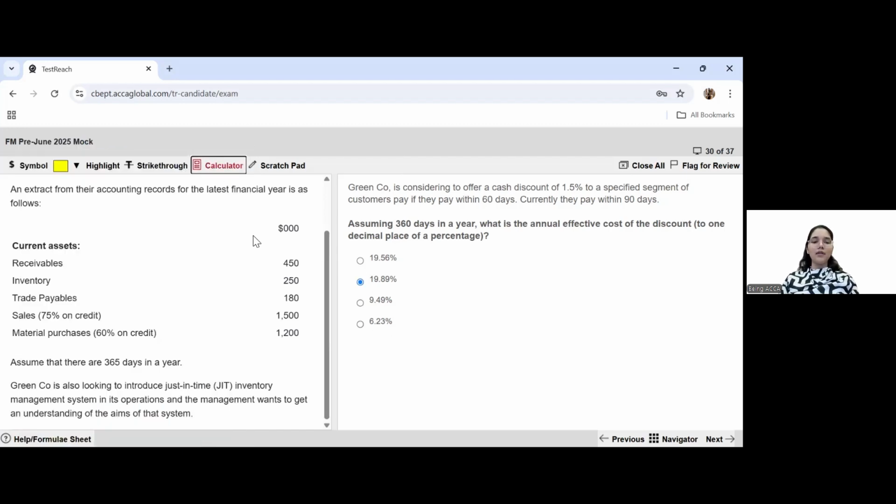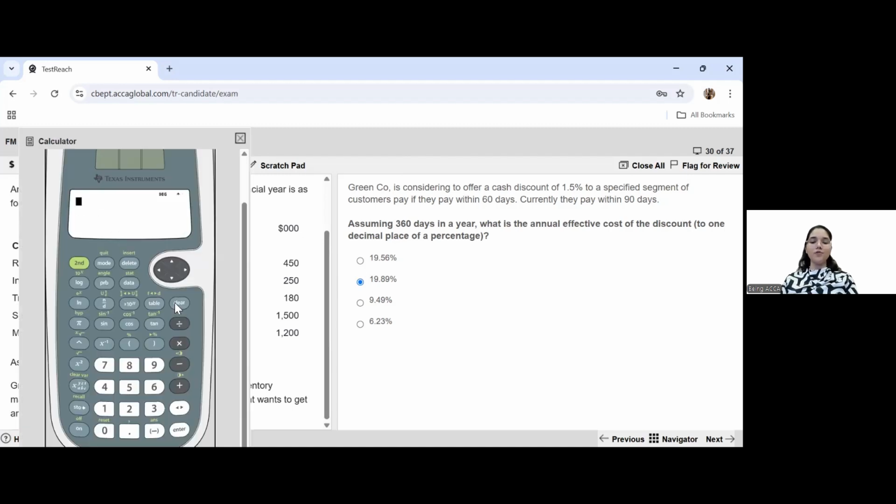So I'll repeat it once again for the ones who got confused. My apologies. The formula is 1 plus discount upon amount remaining, and this fraction entirely has to be raised to the power of 360 divided by the number of days which gets saved, and from that you take away 1. So you take 1 plus your fraction, 1.5 is the discount, you divide that by the remaining amount, which is 98.5, and this entire fraction gets raised to the power of